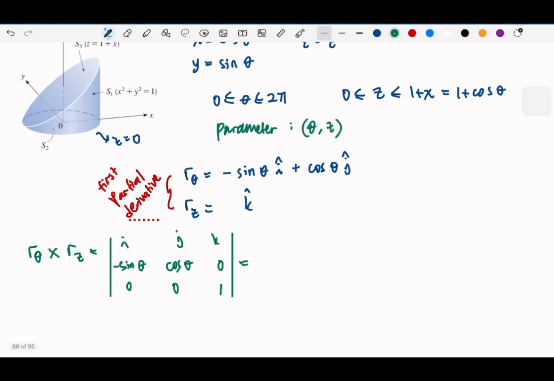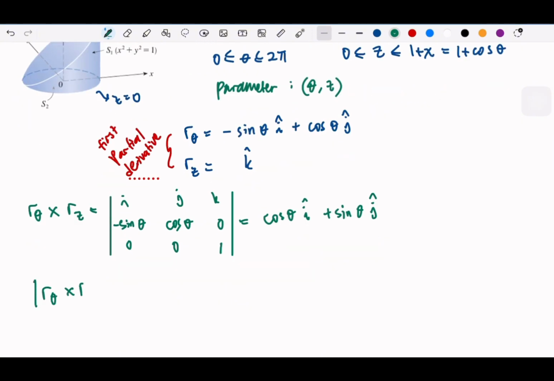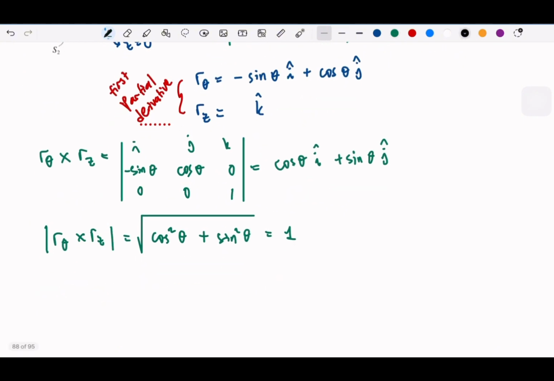Okay, so we take the cross product. So we have cos theta i, and then minus sine theta j, and for the k will be 0, and then take the magnitude: cosine squared theta plus sine squared theta will be equal to 1. So the result is